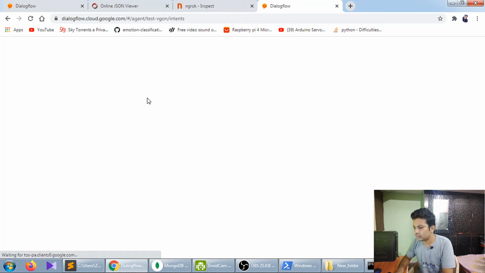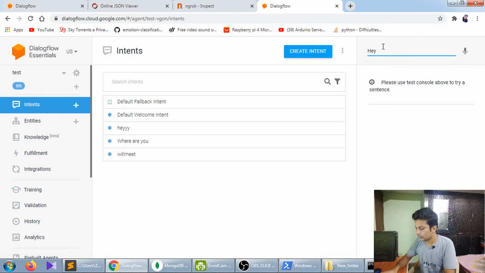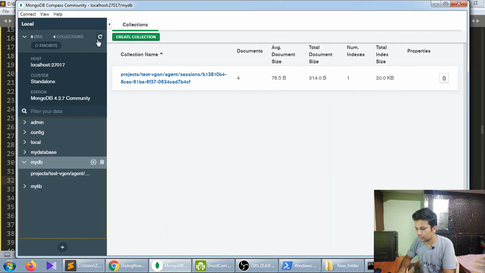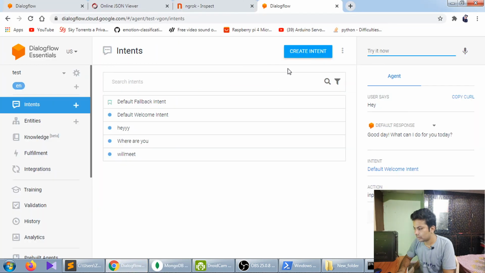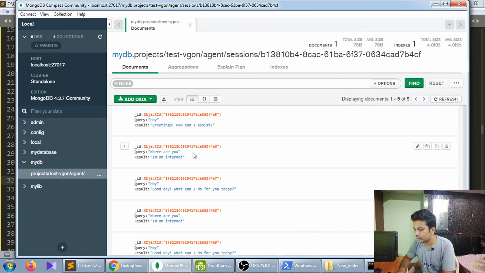Maybe it is making the same session with the same IP address or something like that. It's not working. I don't know, if you deploy it, it should work, and it has worked on my side also, but right now I just don't know what happened. It's just inserting in the same database, though every time the session changes.